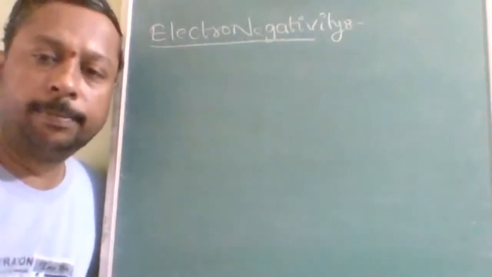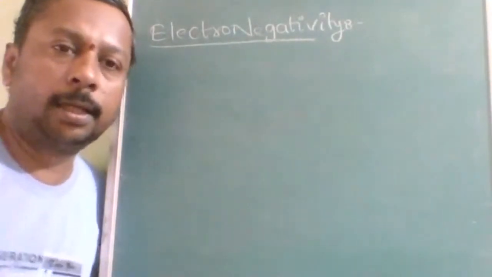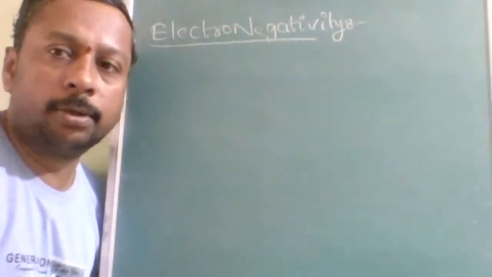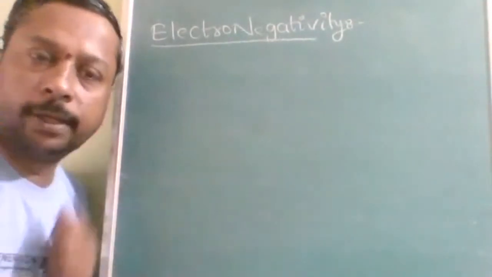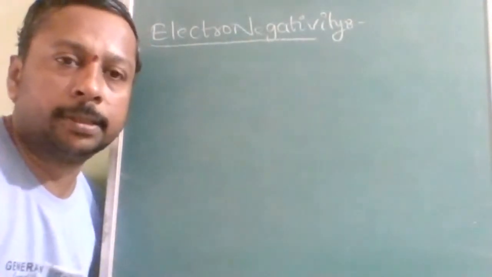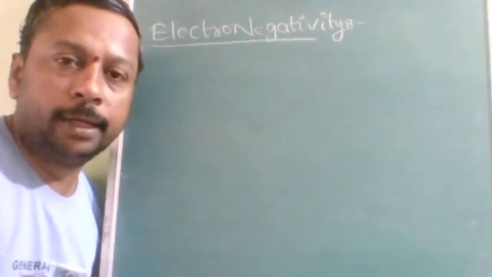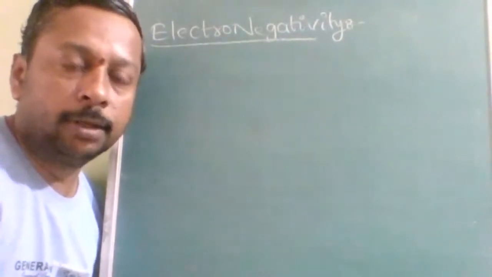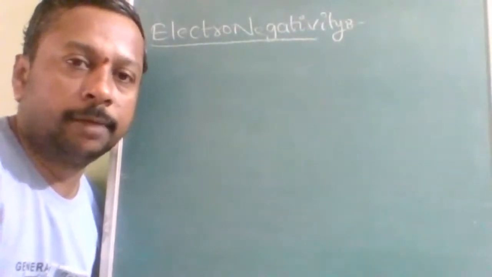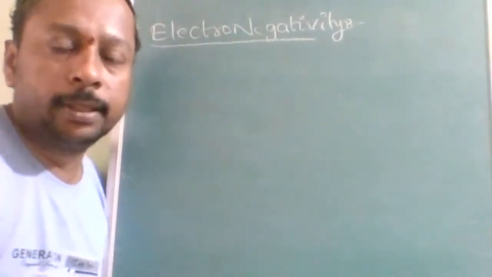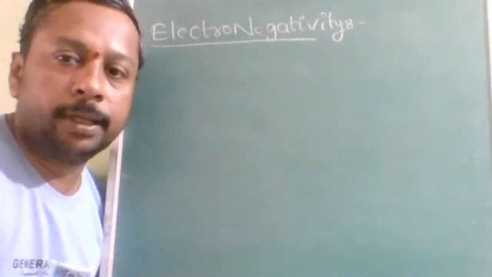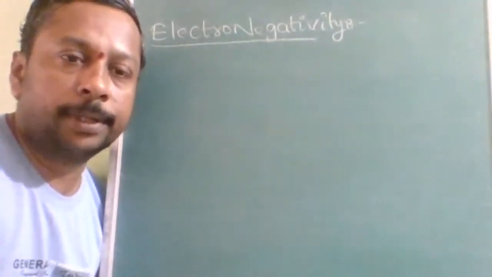Okay, students, we have completed up to electron affinity, which is also called electron gain enthalpy. Its definition, variation, exceptions and types of electron affinity we have studied. Now the next periodic property. Atomic radius, ionization energy, electron affinity and electronegativity are the four major periodic properties which need special attention and top care, so that you can get a good score.